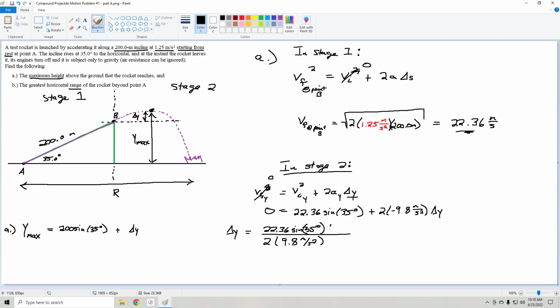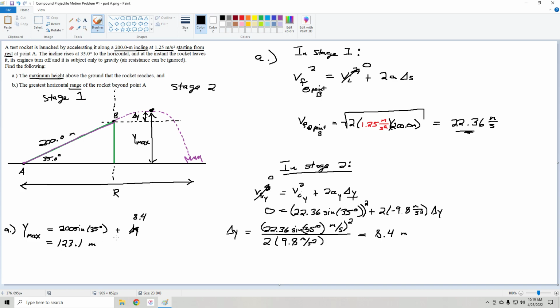And if I keep the units up here, this would be meters per second, and let's not forget the squared. And what is delta y when we solve for this? Well, we get 8.4 meters. So 200 sine 35 plus 8.4 meters is equal to what? Well, I get